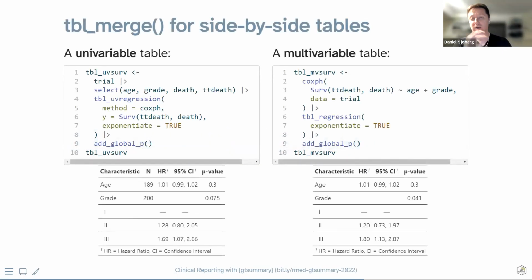So these functions work, again, with any gtsummary table, anything. And you can see on the left here, we're using tbl_uv_regression to make a univariable table of regression model estimates. These are Cox models, so we're modeling time to death after treatment. And on the right, we're still doing the same time to death outcome, but we're doing age and grade as a multivariable model instead of a univariable model. So the results end up looking quite similar to one another on the bottom here. The hazard ratios, however, are a little bit different because of the differences in the way they're modeled.